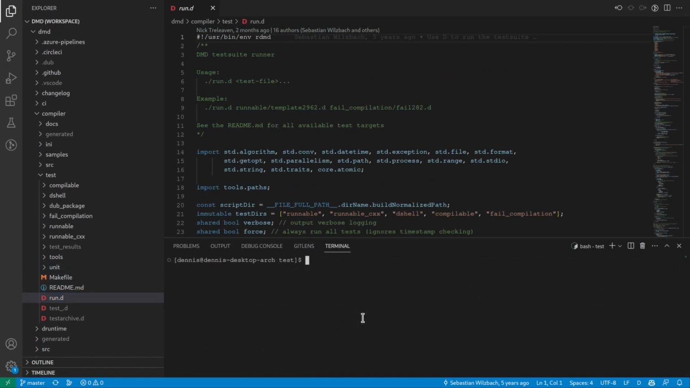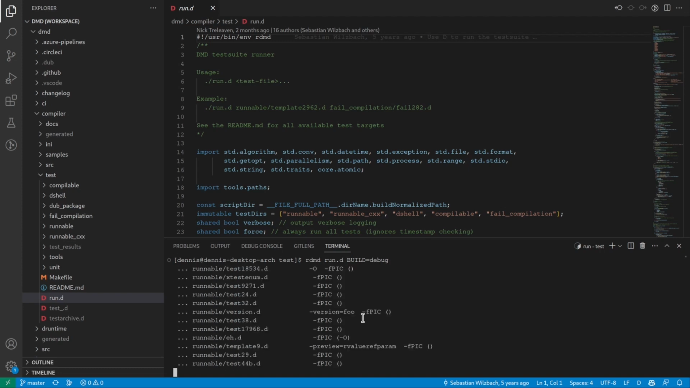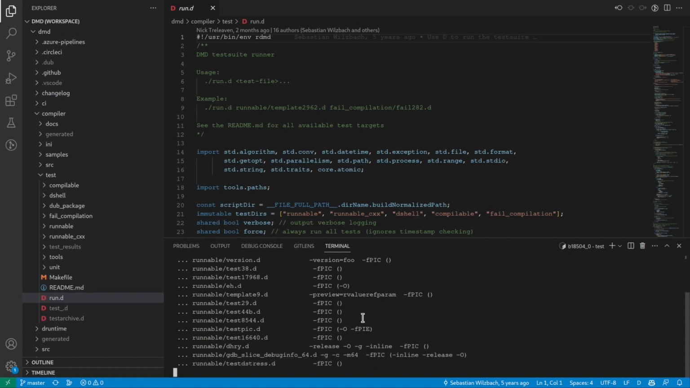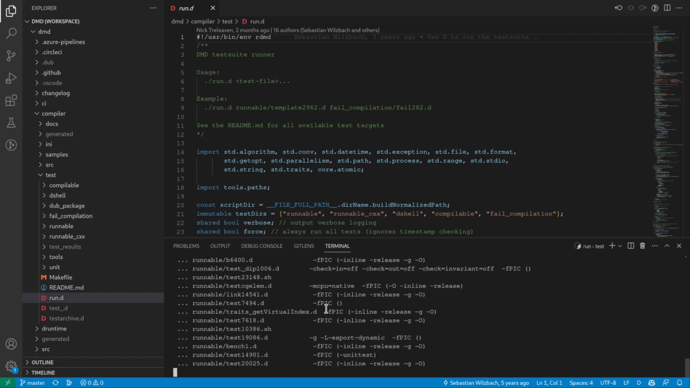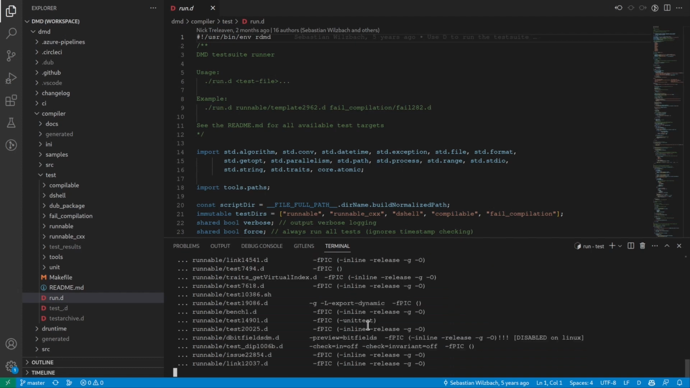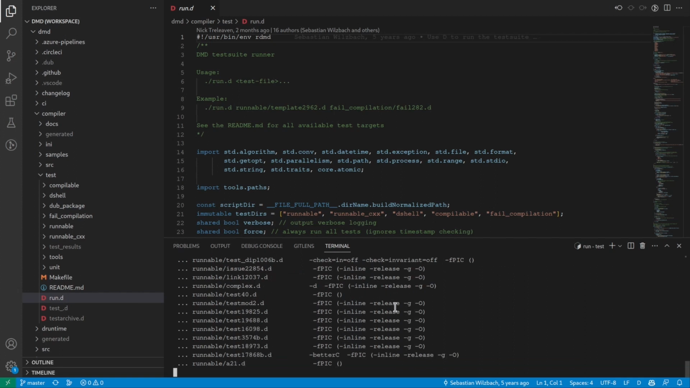So I'm going to invoke it with rdmd and specify build is debug again. Because just like the compiler and the standard library, by default it does a release build, and so the test suite by default uses the release build to run the tests. And here you can see it's going. It's going rather slow though. And that's because if you see all these flags, it tries to run the test with all combinations of these flags on and off. But if you do a quick run, the D quick,